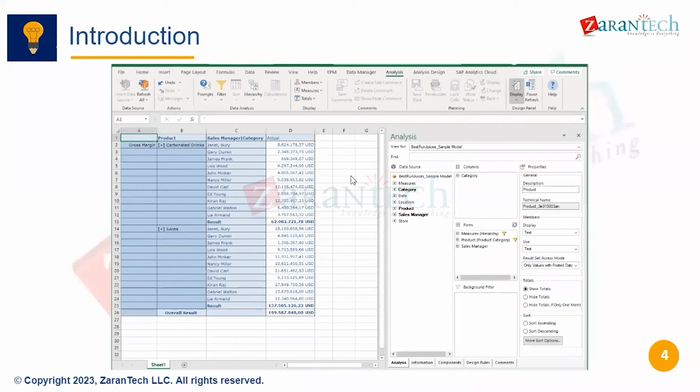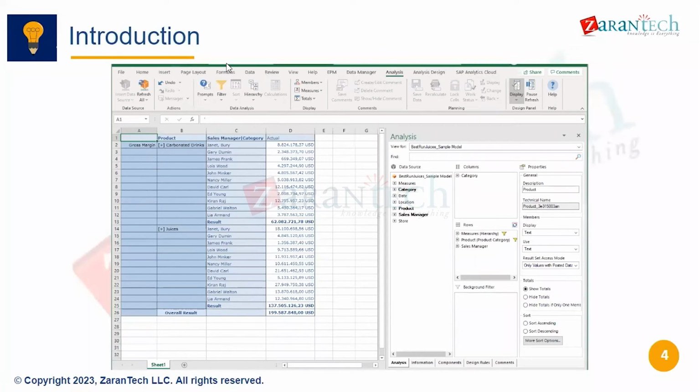So you will see the filter by member. You can click on this filter button also, and you will get the filter by member. You can right-click on these dimensions and you can also see the filter by member. You can right-click here as well, and you will also see the filter by member. So the same thing can be